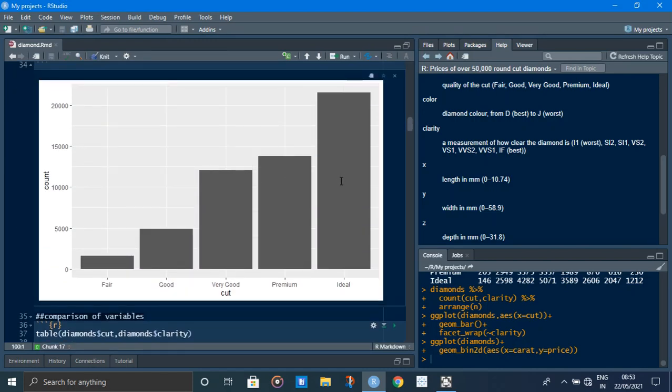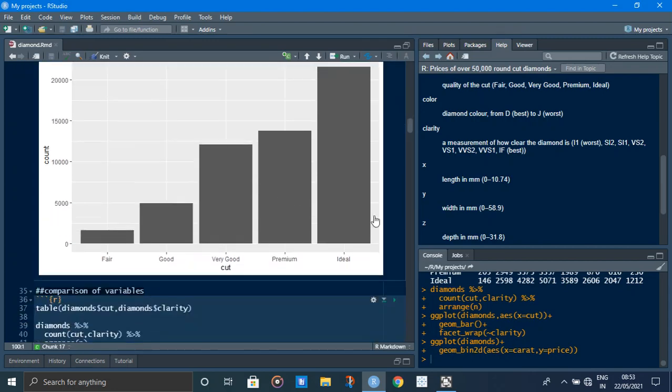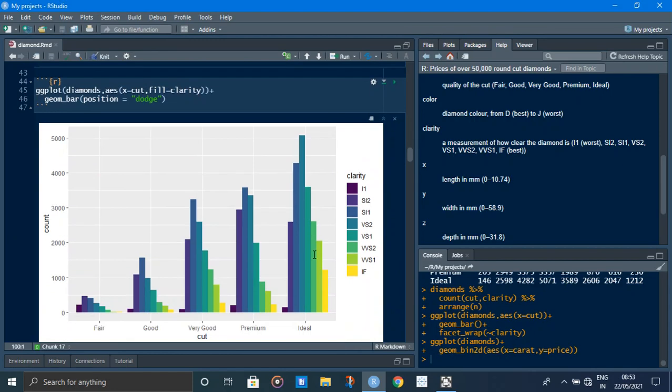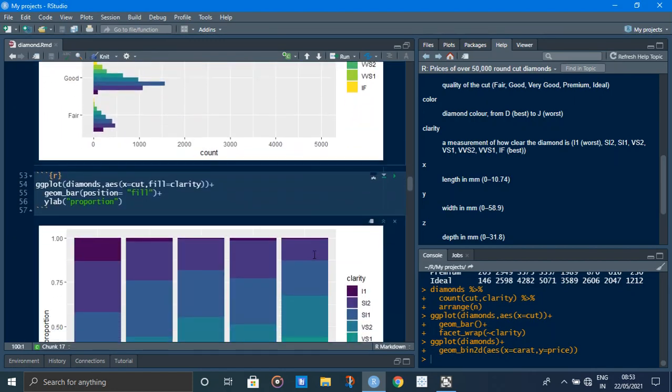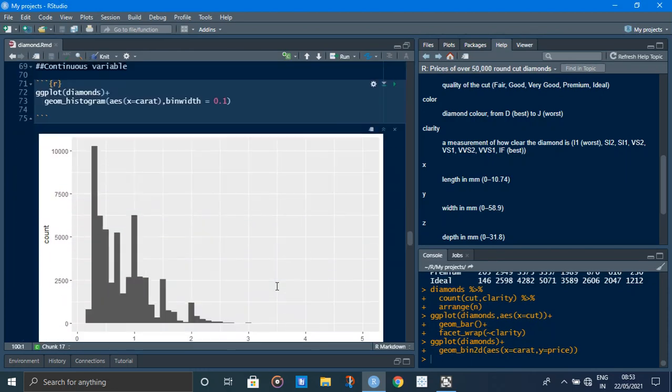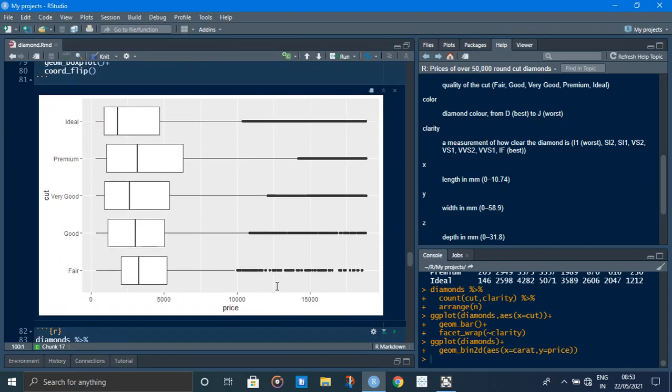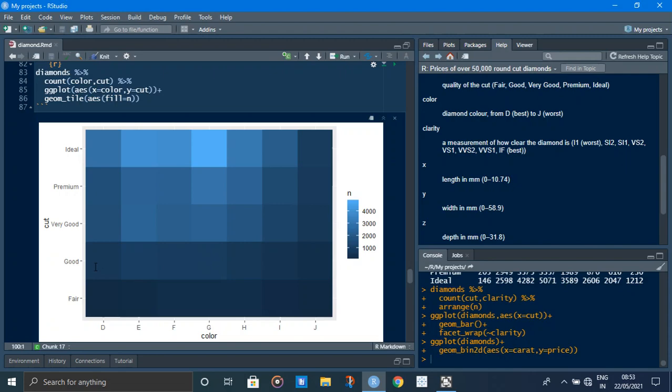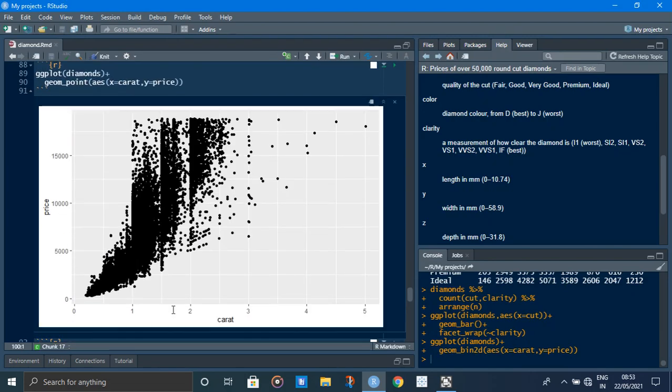So here we can see that ideal quality diamonds are available in more number. Here the same type of chart, count. So here we can see very good.